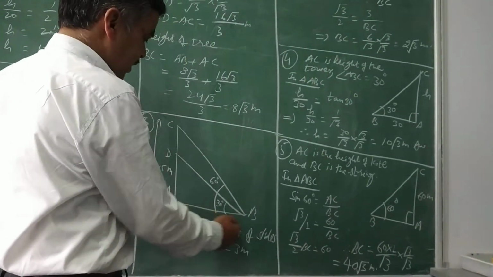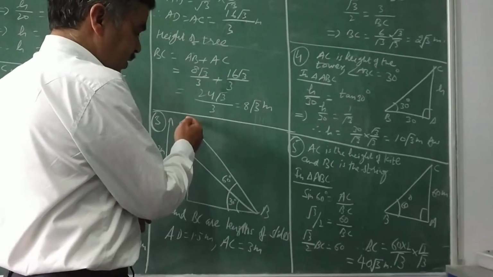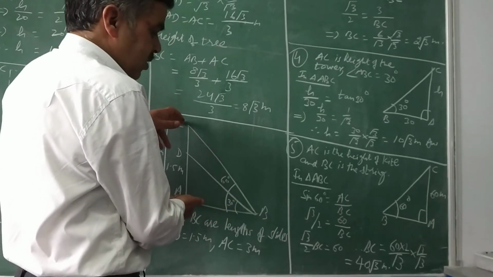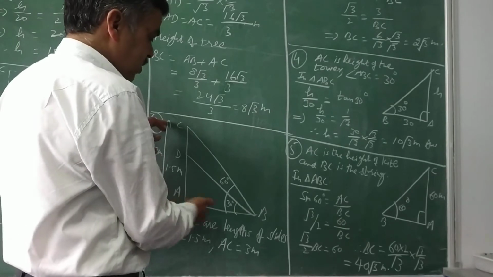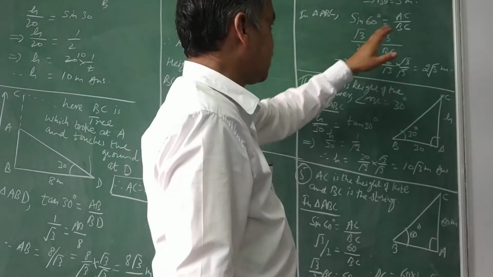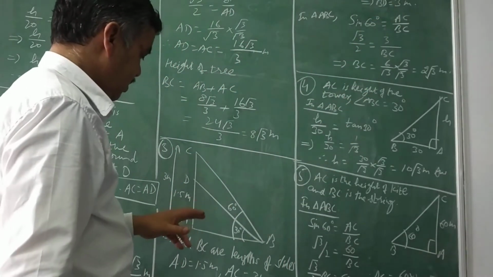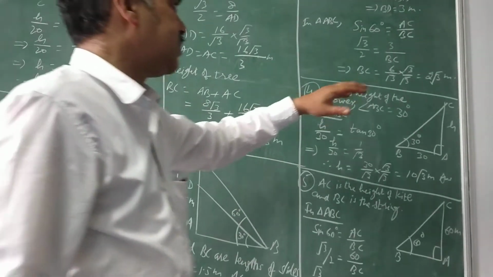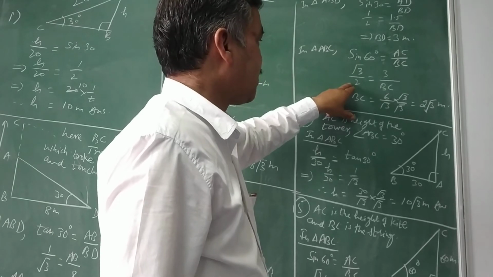Similarly, in the bigger triangle, you see the whole of this angle is now 60 degree. So I need to calculate BC. Again, this is the hypotenuse and this is the height, perpendicular. So the total is 3. Sorry, this is AC, perpendicular upon hypotenuse. So AC upon BC is equal to sine 60. Sine 60 is root 3 upon 2.